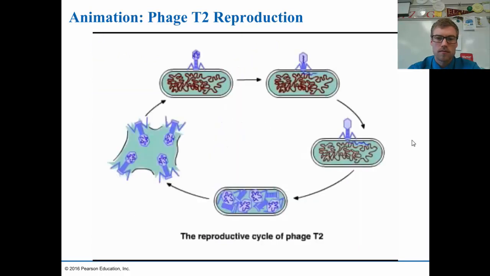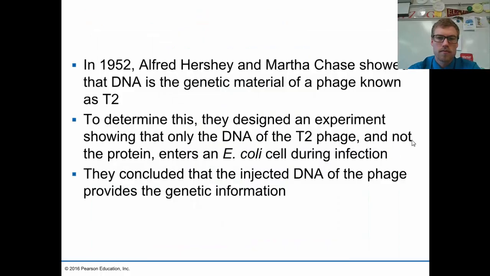This diagram summarizes the reproductive cycle of bacteriophage T2. So in 1952, Alfred Hershey and Martha Chase showed that DNA is the genetic material of the phage known as T2. That kind of diagram you just saw, they didn't know exactly how that functioned at the time. And so to determine this, they designed an experiment showing that DNA was what was going into the bacteria and